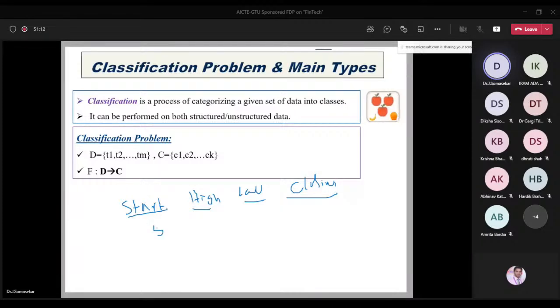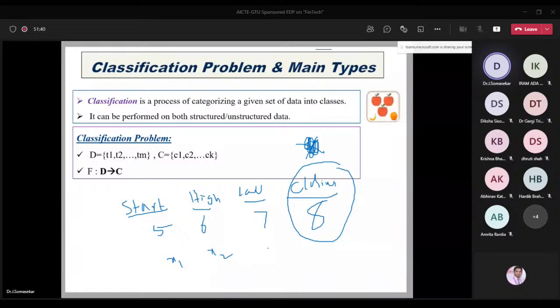So 5, let us assume 6, 7, 8. This closing price is nothing but labeled data, because ultimately we are looking for the Bitcoin price at the end of the day, that is called the closing price. Closing price is nothing but the Bitcoin prediction. Suppose the closing price is not available, then this is not supervised. This is called unsupervised learning. Suppose closing data is available, we can call it supervised learning. That means here x1, x2, x3, y. So y depends on x3, x2, x1. So this is called supervised learning.